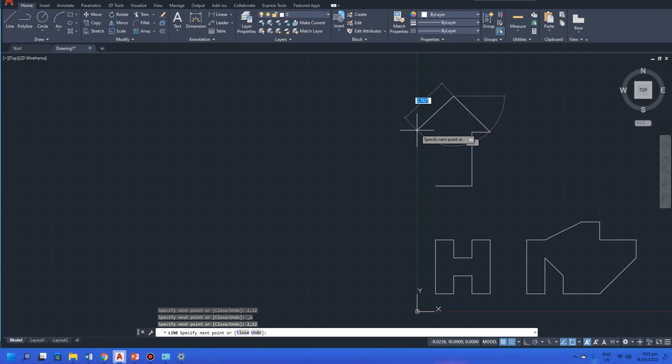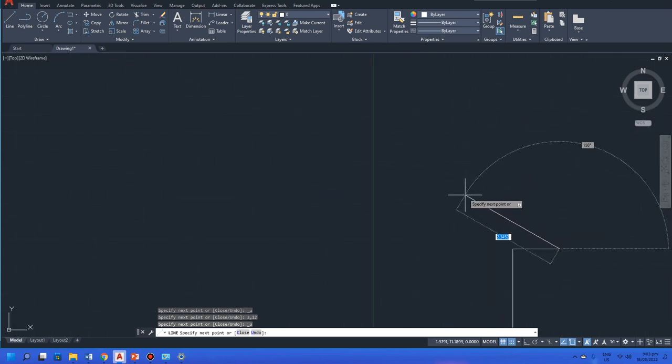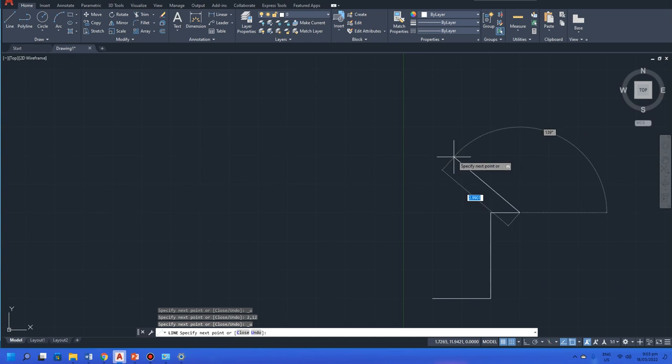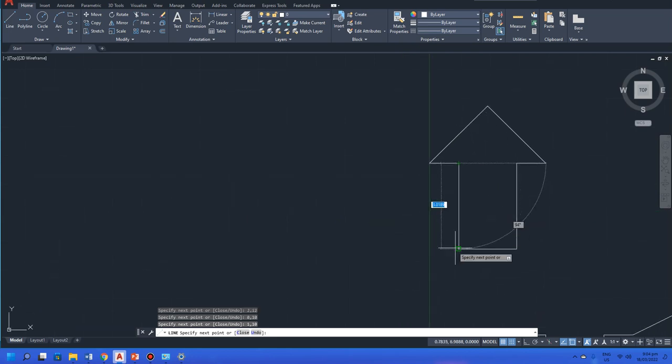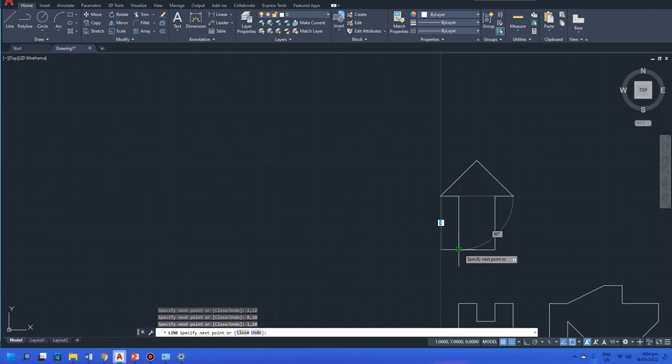Next point. Our next point is 12, comma, let me do that again. 2, comma, 12. Okay. So 0, comma, 10. Okay. 1, comma, 10. And then to close it, you just have to click this, or you can do it manually